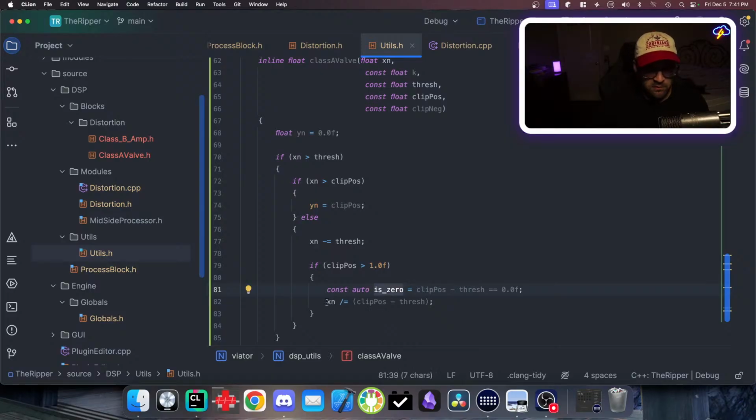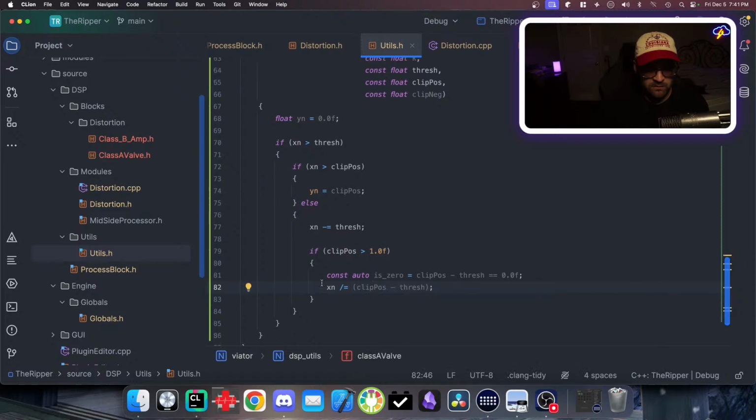If it is 0, what's the not dumbest way I can do this? We can do xn divide equals